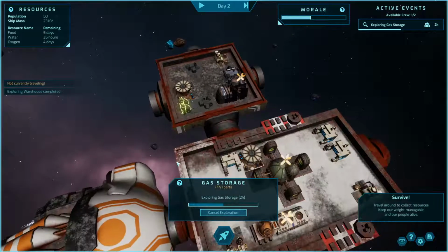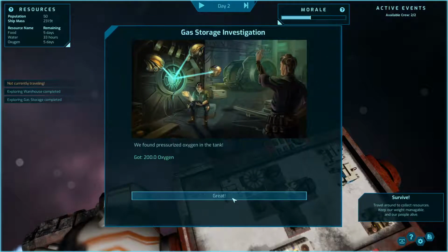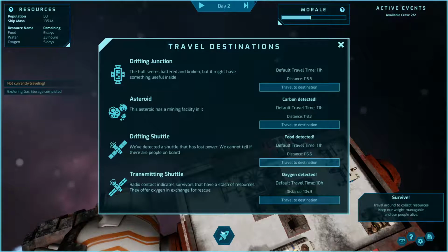Found some organics in the warehouse there, and then there's some auction in that gas storage, that's fine. We're just going to adjust in the main cell here now. And that didn't really shave off a whole lot of time for Egyptian Junction, but at least it's easier to get over here now, so